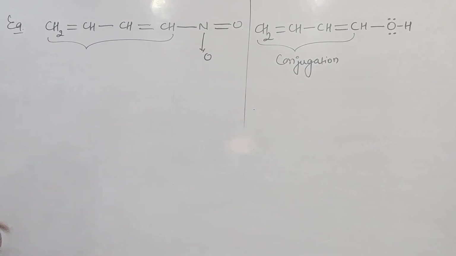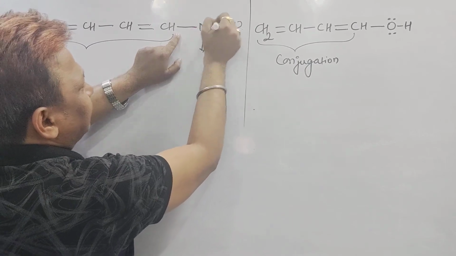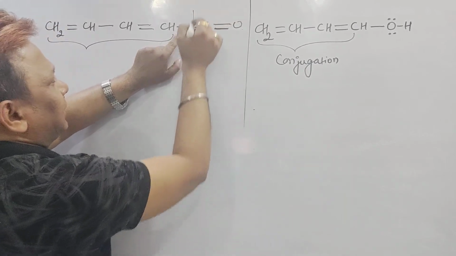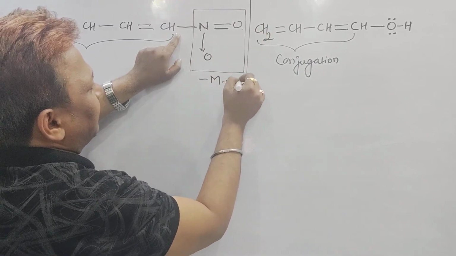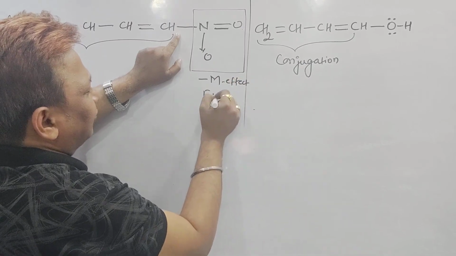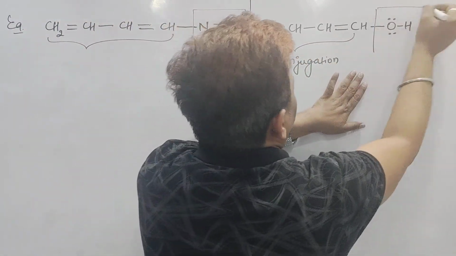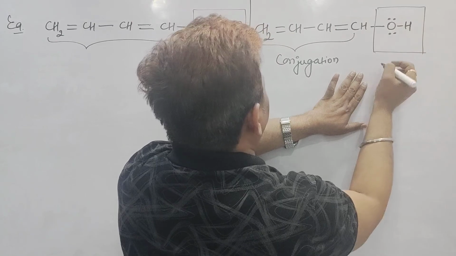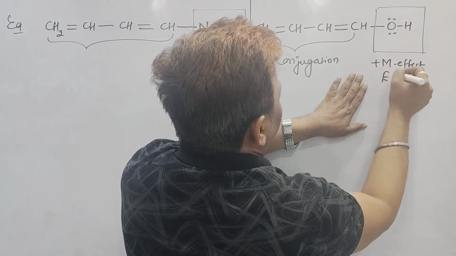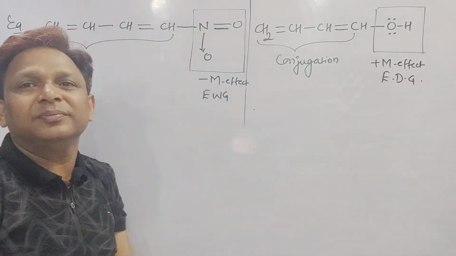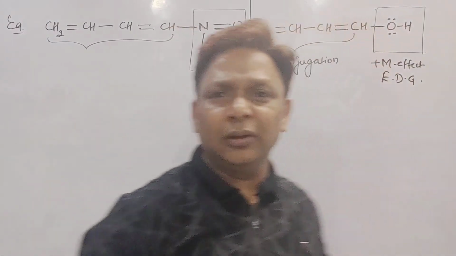But a conjugation is also called a resonance. Now pi sigma pi is attached with the atom. Sir, the atom is having an unsaturation. That means this complete group will behave as what? Minus M effect. But a minus M effect means what? Electron withdrawing group. But here pi sigma pi is attached with the group, and in that group the atom having a lone pair will behave as a plus M effect. But a plus M effect is what? Electron donating group. In one case we got an electron withdrawing group, in the other case we got an electron donating group.